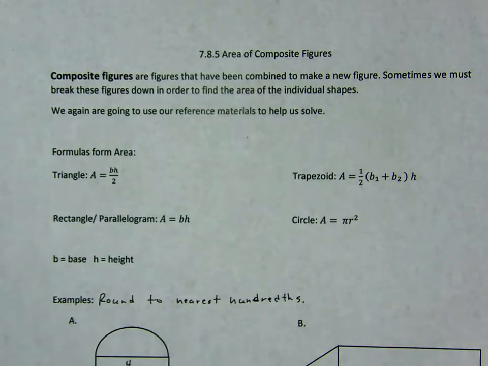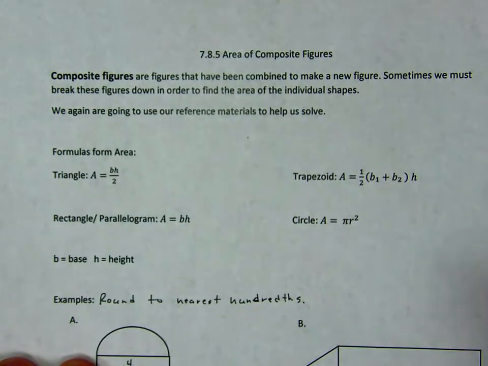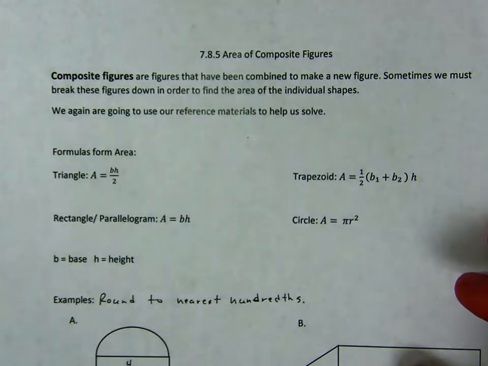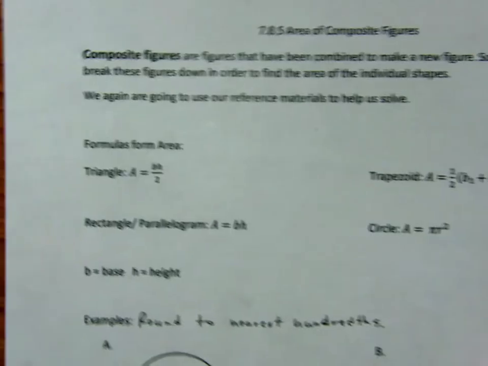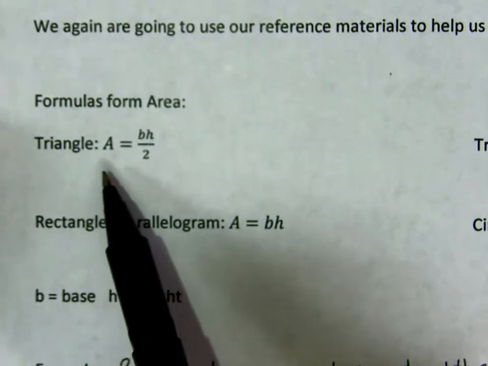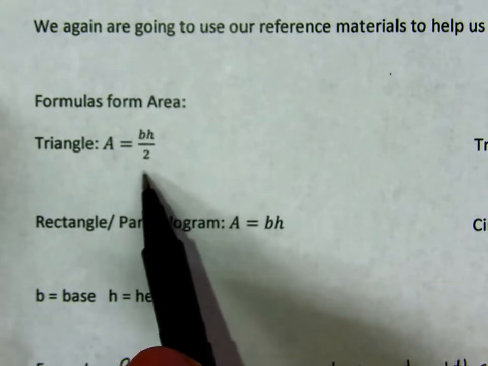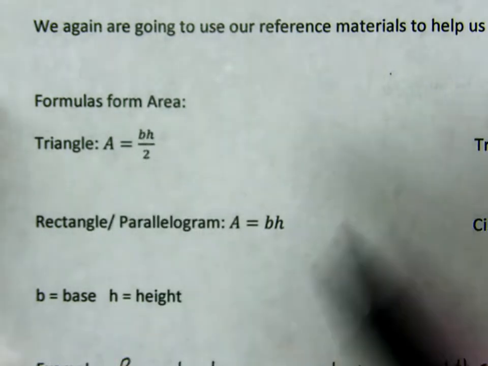And again, we'll use our reference materials to help us solve. If you don't have any, I've listed them for you. These are all the formulas for area you have on your reference materials this year. So we'll go ahead and go through those. You've got your triangle first. The area of a triangle can be calculated with base times height divided by 2. Our next one is